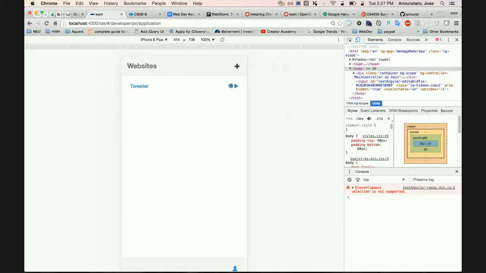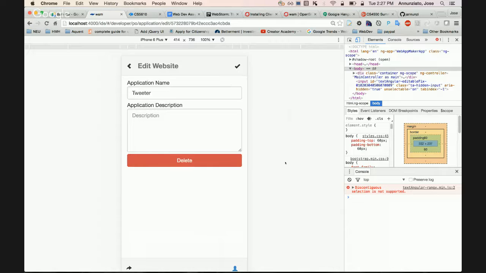If I go back to the cog, it allows me to edit the application, where I can change maybe the name of the application, I can change the description, I can remove the application, right? Very similar to the new website UI, right? Also notice that I have on the bottom left-hand side, because I'm editing it, it allows me to share. So this is an icon down below that somehow gives us the connotation that we can share this application with someone, right? Perhaps I want to invite collaborators to this website to help me implement this website, right? We'll do that a little later, not for the first assignment.